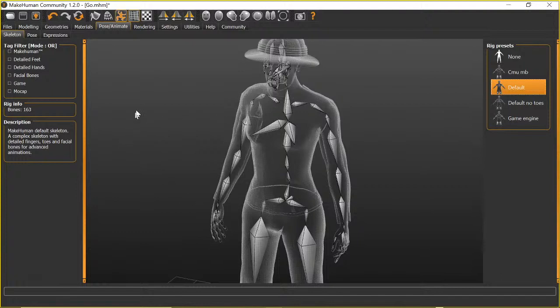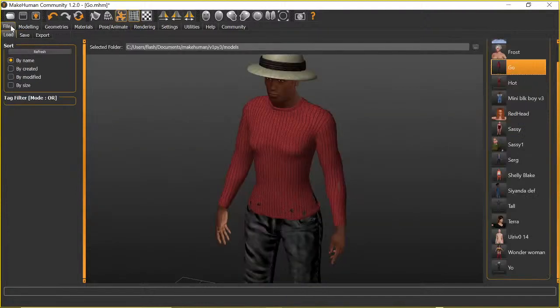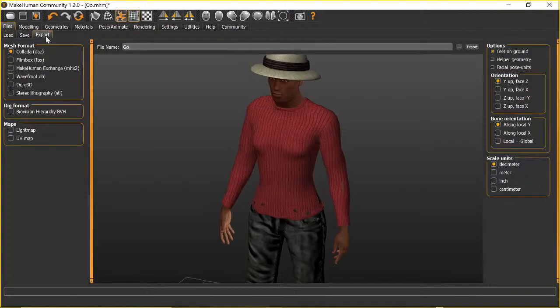But you would have to do something special in MakeHuman in order to get those advanced rigs, which is to use what is known as the, what do they call it, MHX2. I forgot the name of it in the nomenclature, but that's what it is. It's called MakeHuman Exchange, also known as MHX2. And I used to use it a while back